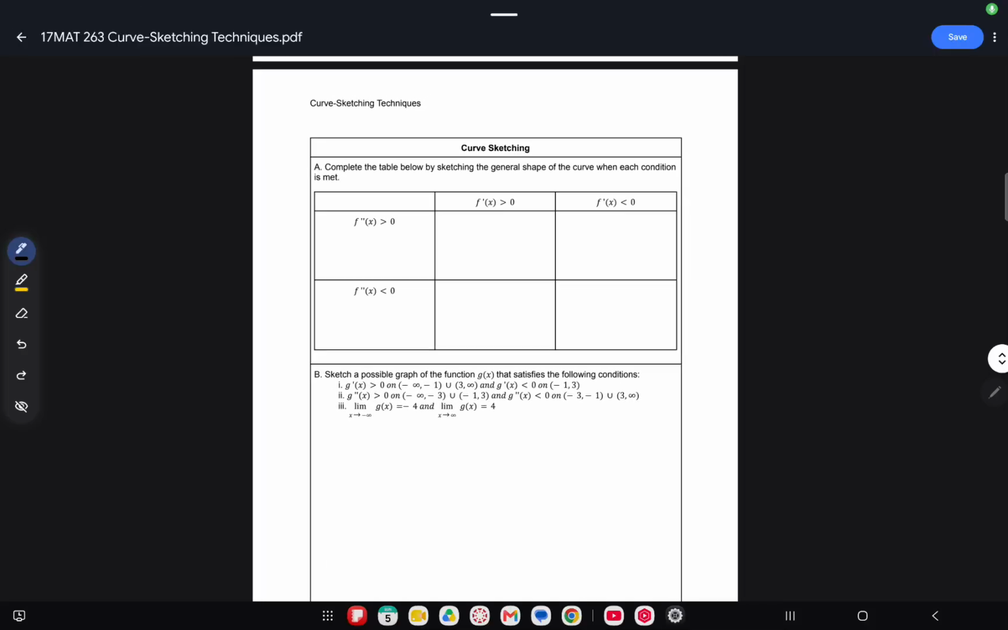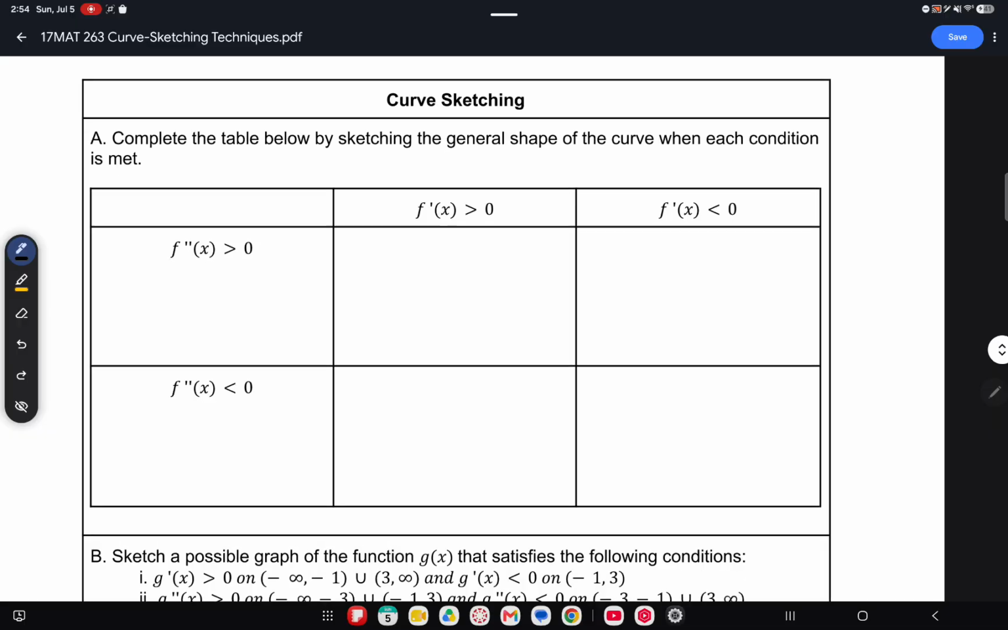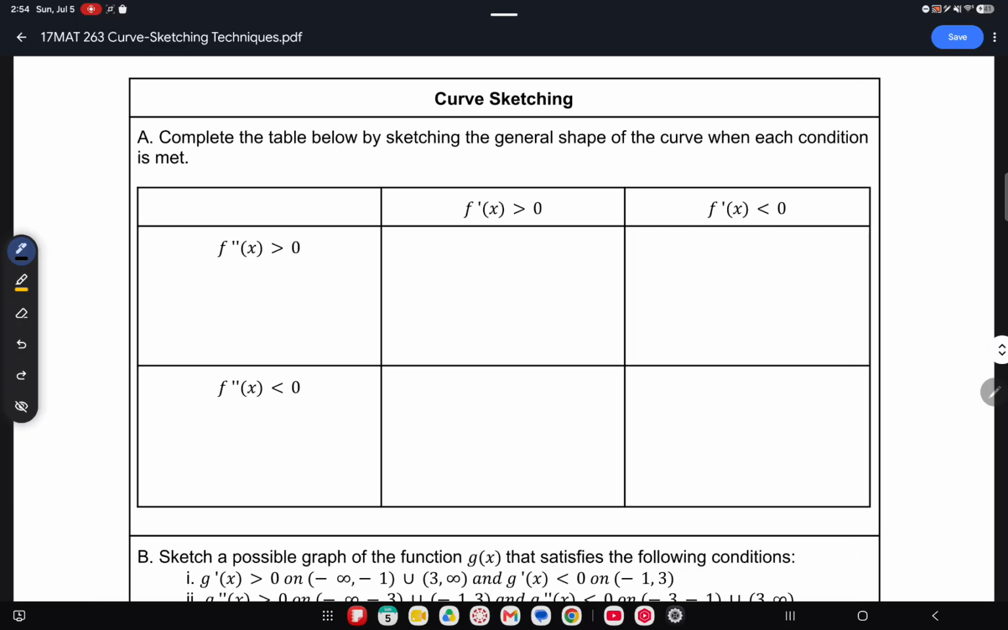All right, so we've previously touched a little bit on curve sketching in a different section. And so now I'm going to go a little bit more in detail with these. I want it to be its own section here. All right, so this first part says complete the table by sketching the general shape of the curve when each